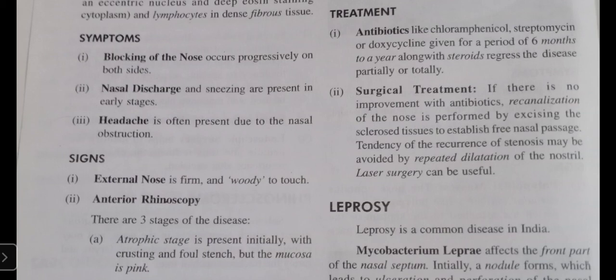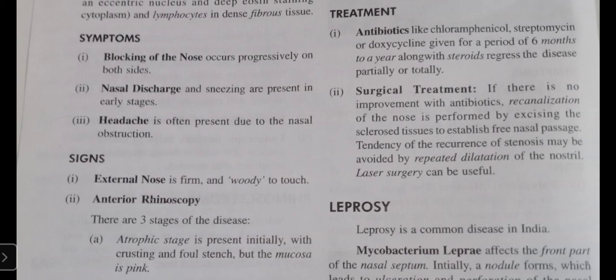And third stage is fibrotic stage. The fibrotic stage is where there is deposition of fibrous tissue and it will cause stenosis of the nasal passage. It varies from partial obstruction to total atresia. So in fibrotic stage, the whole nasal cavity may be blocked. There may be partial obstruction, or there will be total atresia, where the nasal cavity is fully blocked. Okay.